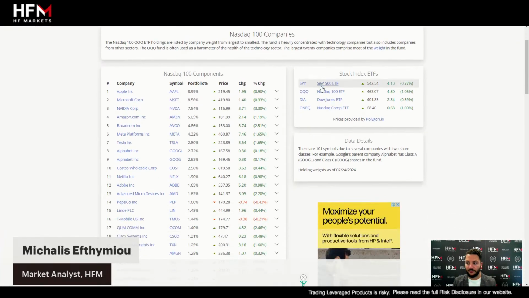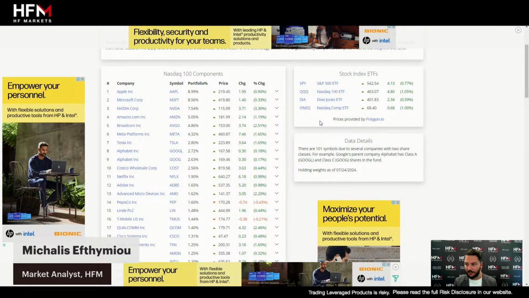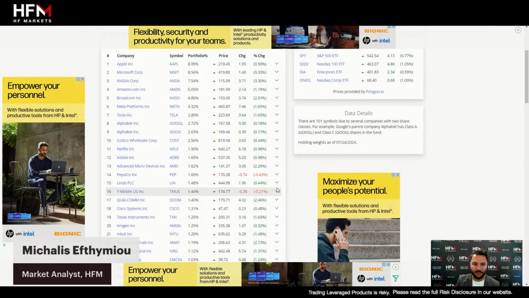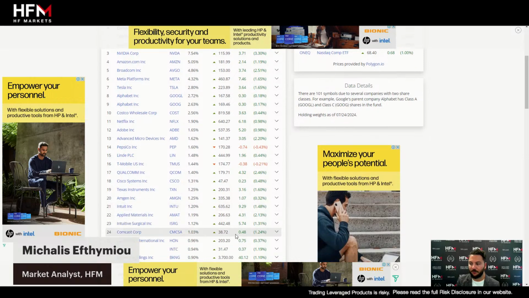Now, if we look at the most influential stocks, which have been declining day after day, consecutively, every single day declining, we can see almost everything is green here, ladies and gentlemen. There's a theory that you look at everything above 1% exposure to the Nasdaq. So that's 24 stocks here. If we get the calculator out,